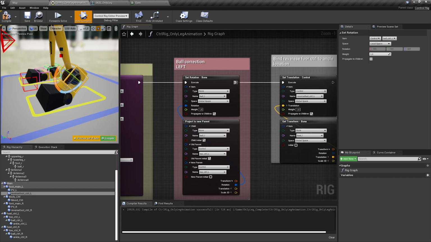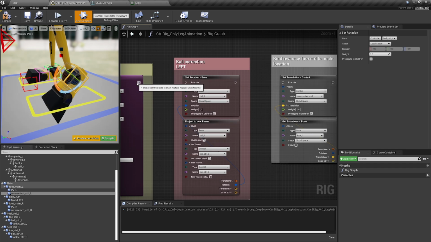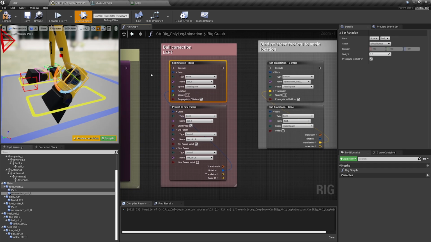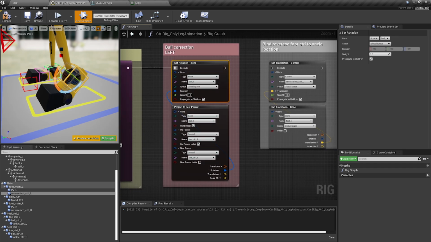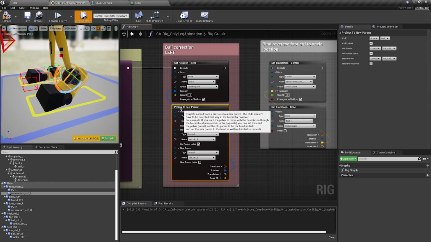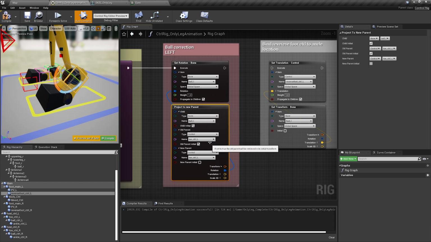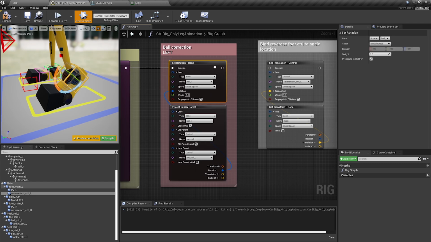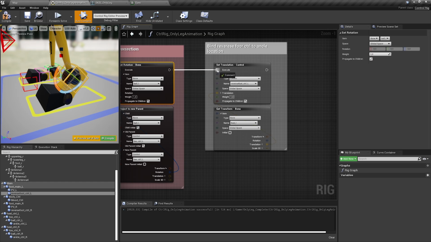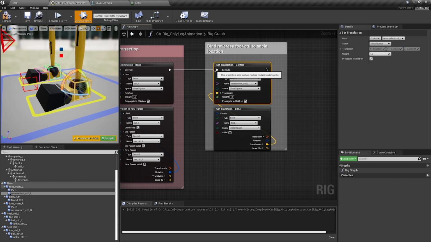and then the ball correction. Let's unplug that. So here you can see without it, and then let's plug it back in. To do this, I use the project to parent node. It returns a transform of an object relative to another, like a parent constraint with maintain offset. In this case, from the toe to the ball and just the rotation. And that helps to fix that. And the last thing I'm doing here is just for convenience, having the control moving with the bone.